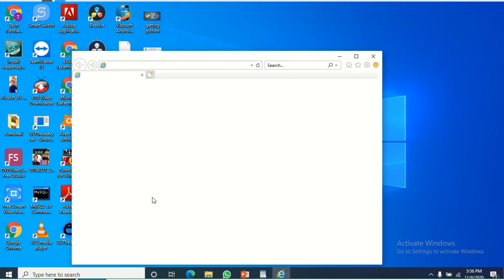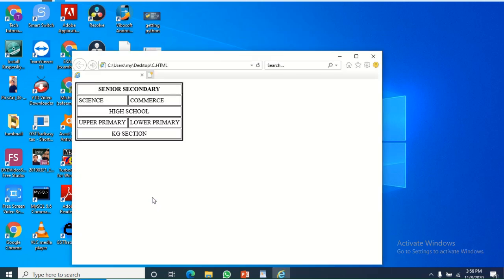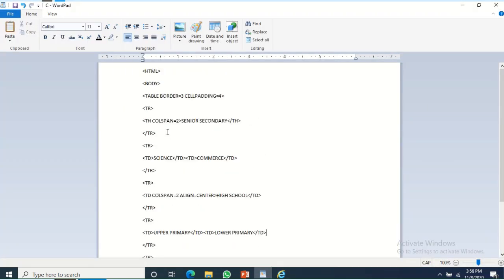It is a web page, right? We are opening the web page. Let's see what it is. Yeah, we got it like this. But this is the way how we are working it out. But I wanted this at the center, so I'll make the changes to it. See how I'm making the changes.